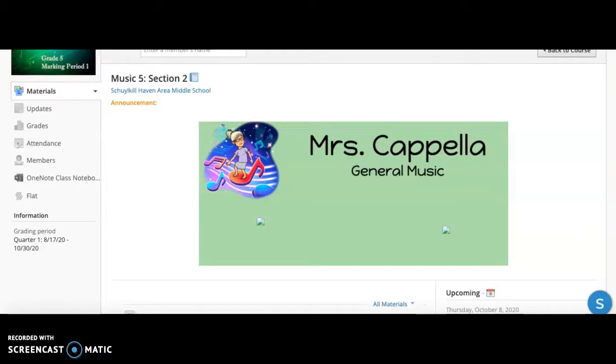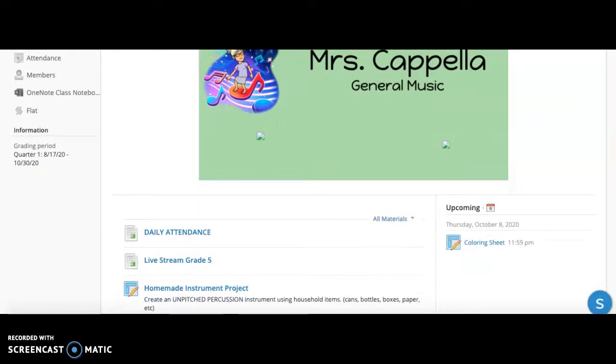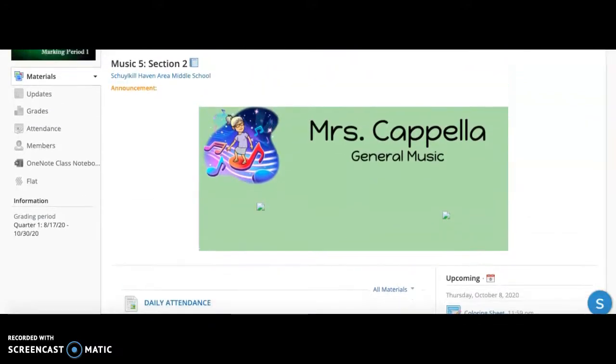Today I gave you a sheet that lists all of the assignments that you have been assigned, and any of them that have a dash next to them means that you did not complete that assignment. Maybe you completed it but forgot to turn it in. So what we're going to do right now is take a look at how to access those